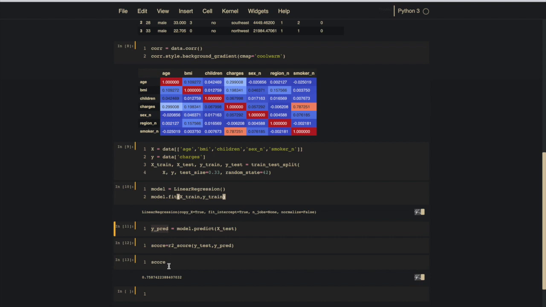The R2 score, which lies between 0 and 1, says how much of the variance in y is explained by the model corresponding to X. You can also say it shows how our model is performing between 0 and 1. If you see, the score is coming at 76%. That's pretty decent, we can rely on that.